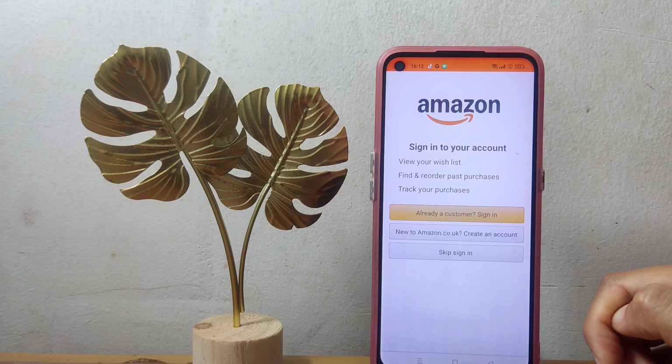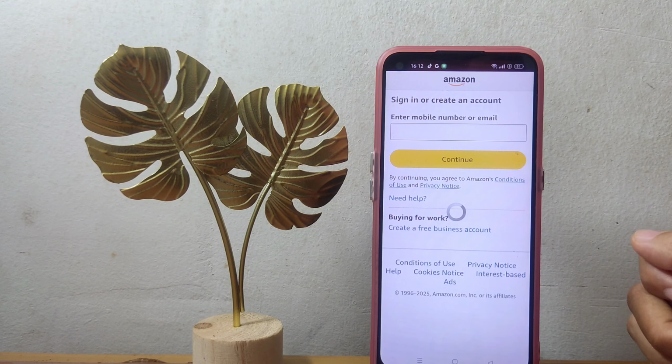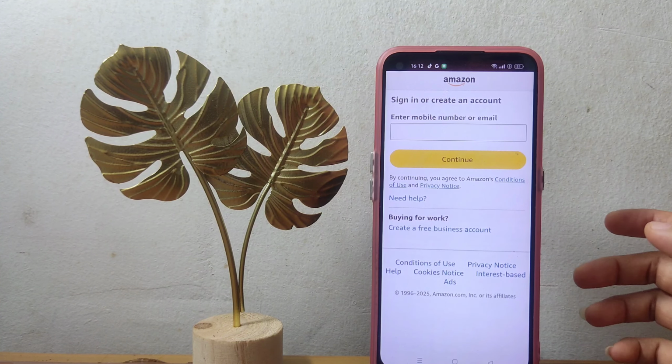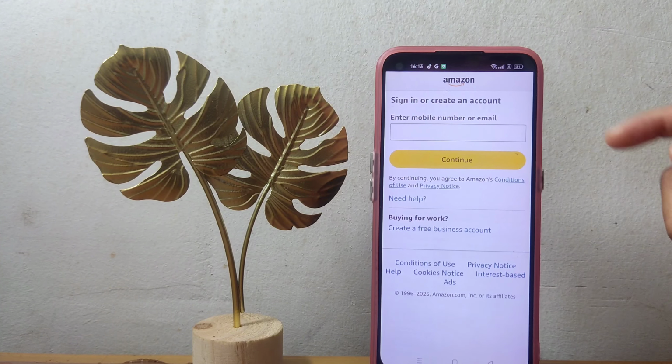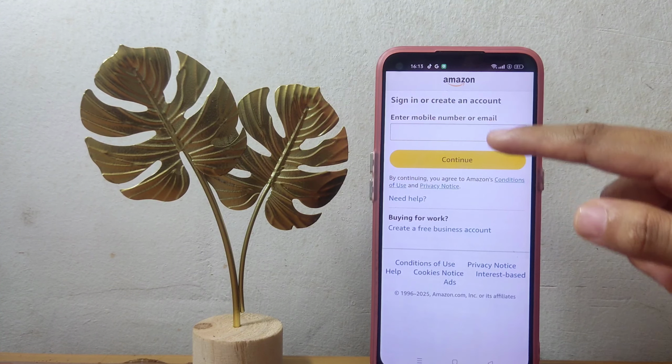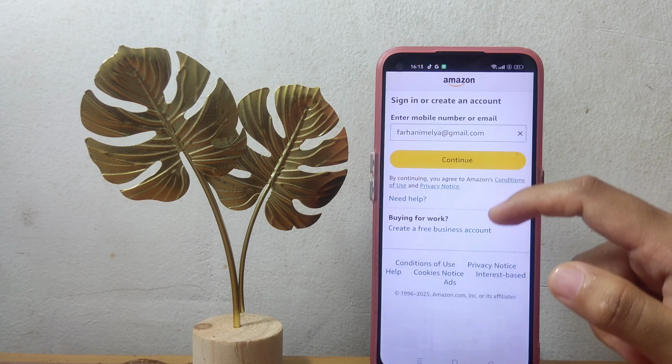And if you want to sign in, you just have to tap on the sign in option or login option, and after here you just have to enter your mobile number or your email that is connected to your account. Here I'm gonna enter my email, you guys, like this. And now tap on this continue option,